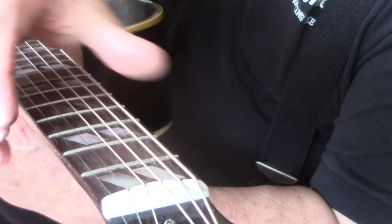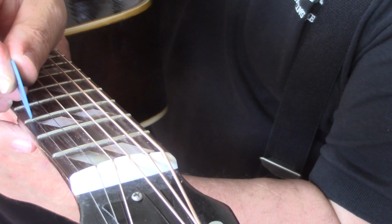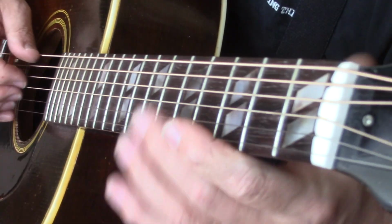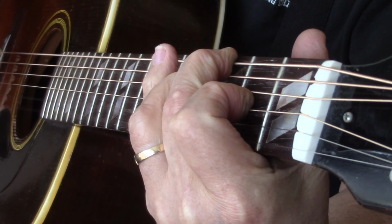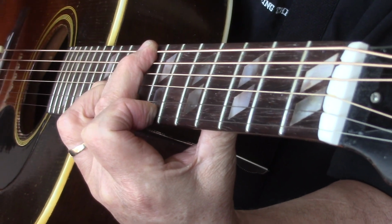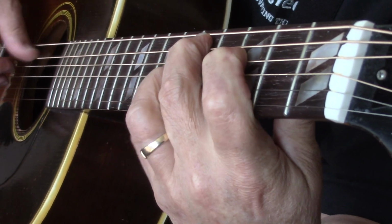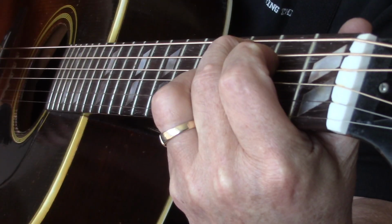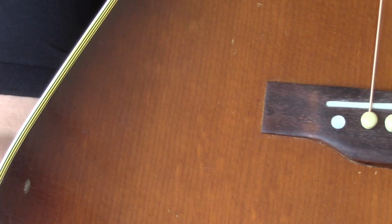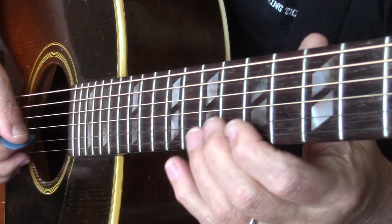The string spacing is quite wide on this guitar, and yet the neck is wide enough that there's lots of room from the outside diameter of the two outside strings to the outside of the fingerboard itself, which makes it great for fingerstyle stuff. That Adirondack spruce top, very open grain. And the top end, when you're doing single line stuff,